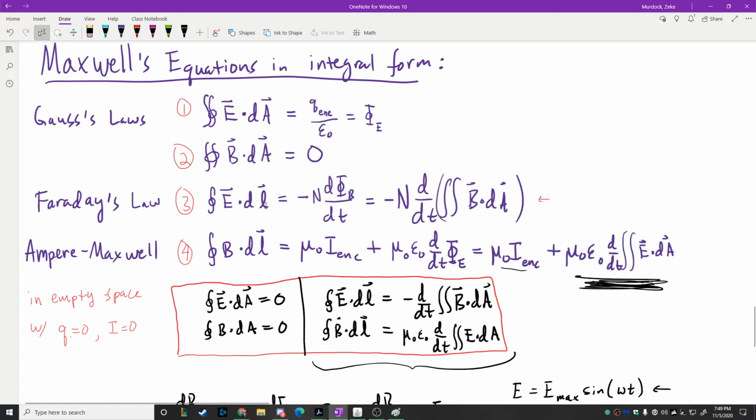So why is that not there? Where's the term in equation 3 for the magnetic current? Yeah, magnetic current's not a thing. That's right. Because after all, in order to have electric current, you need to have charges that are moving, and you don't have magnetic charges, so you can't have